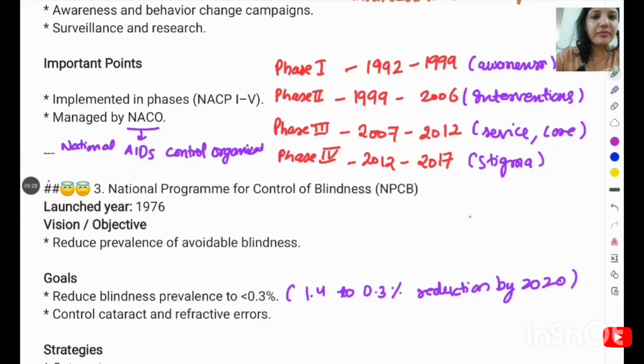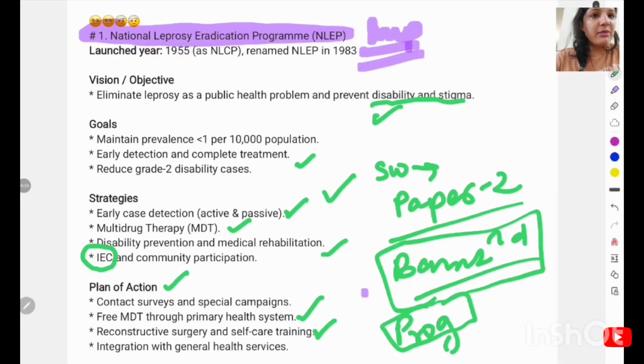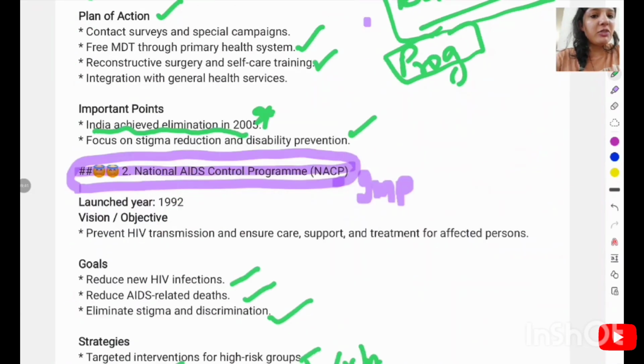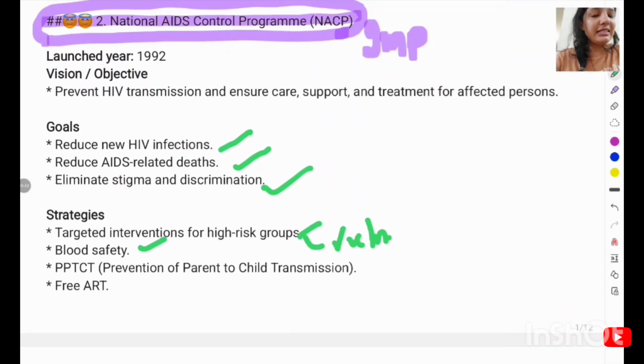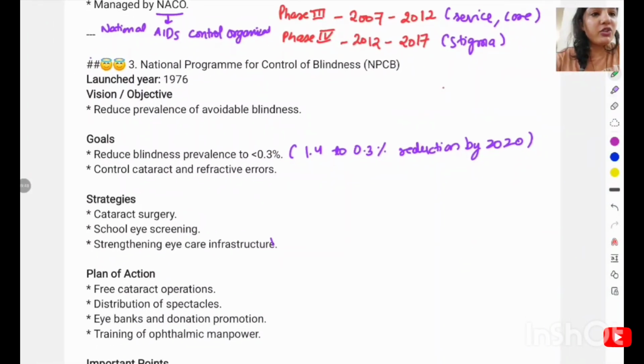Next comes the third program, the National Program for Control of Blindness. And these two programs are very important, so they can come in your exam: the National Leprosy Eradication Program and NACP. The third program is the National Program for Control of Blindness,